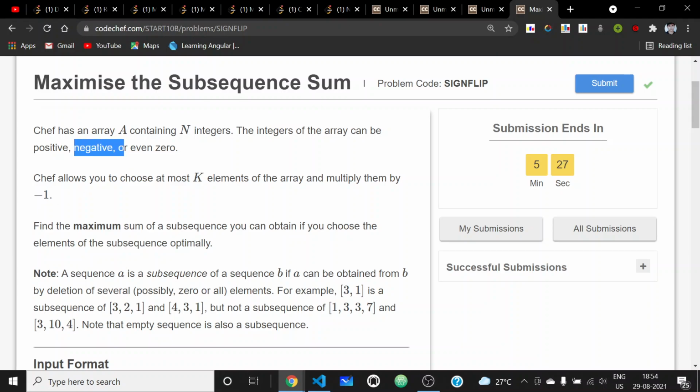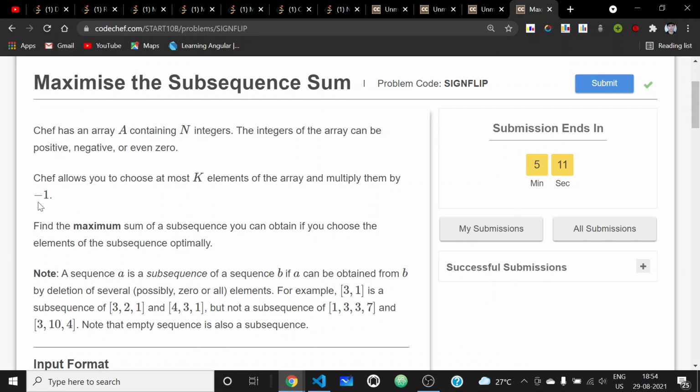If the count of negative numbers is less than k, then we will multiply all of those numbers with -1, and if the count of negative numbers is greater than k, then we will choose the lowest k numbers among them.